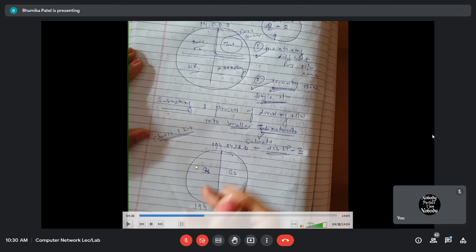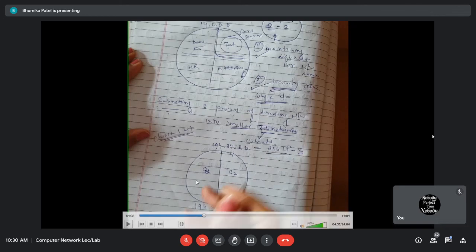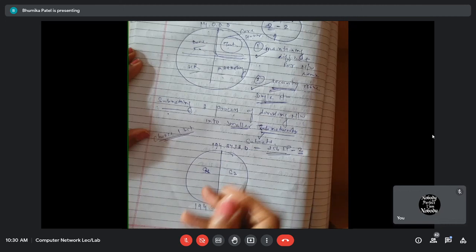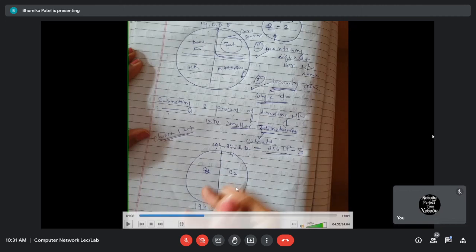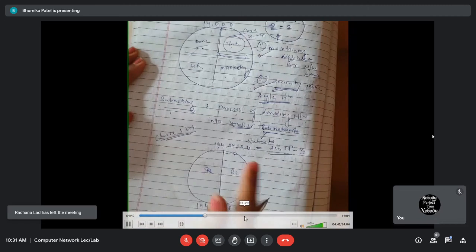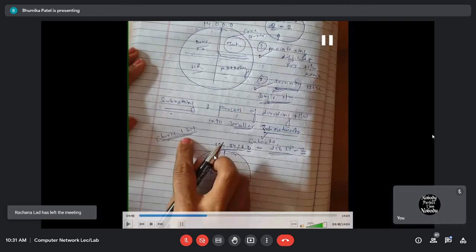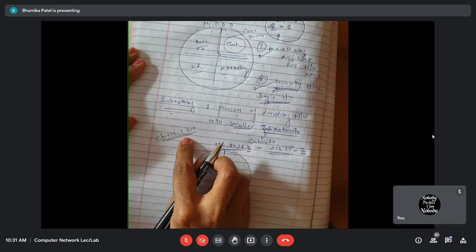So how many IP addresses will come in the first part? Obviously, if I divide 256 into two parts, it will be 128. So 128 IP addresses will come in both parts. Let's see how. These are the two subnets. I'm going to choose one bit. I cannot change my network ID part, because the network ID shows the network address. We cannot make any alteration in the network ID part.